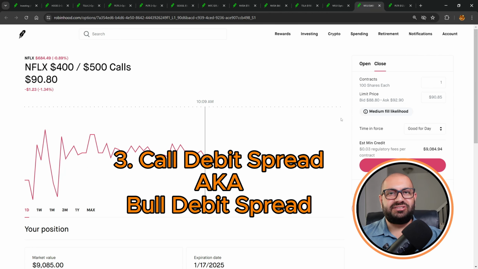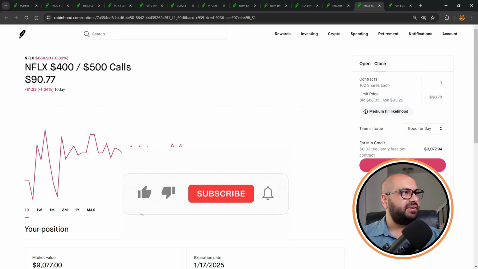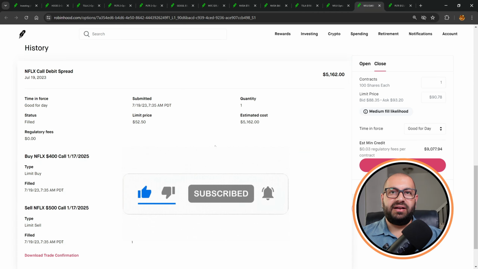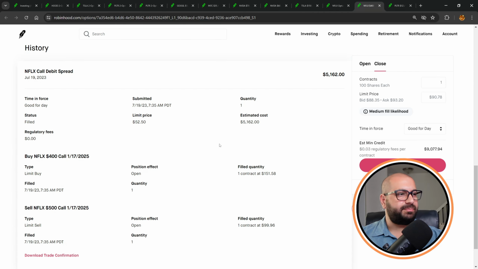The third and final option strategy that I have for you is the call debit spread or bull debit spread. If we check the one that I have on Netflix here, I have bought the 400 and sold the 500 call. A quick reminder of the basics: a bull debit spread is when you buy a call on a specific date and simultaneously sell another call against it at a higher strike price, resulting in a debit or cost to your account. So in this case, you can see I bought the $400 call that expires on January 17, 2025, and I paid